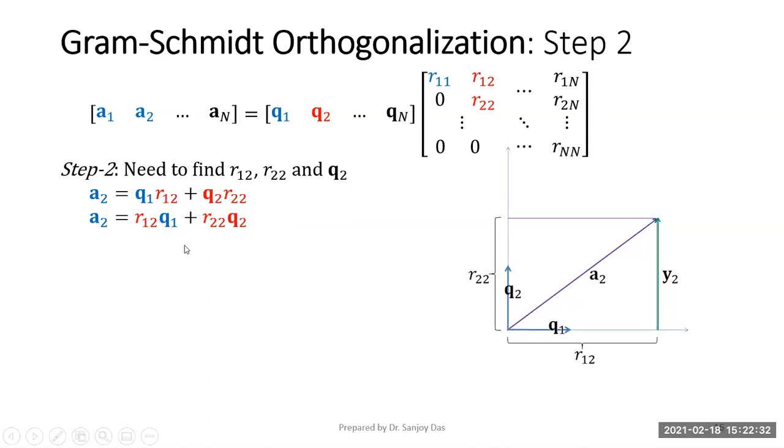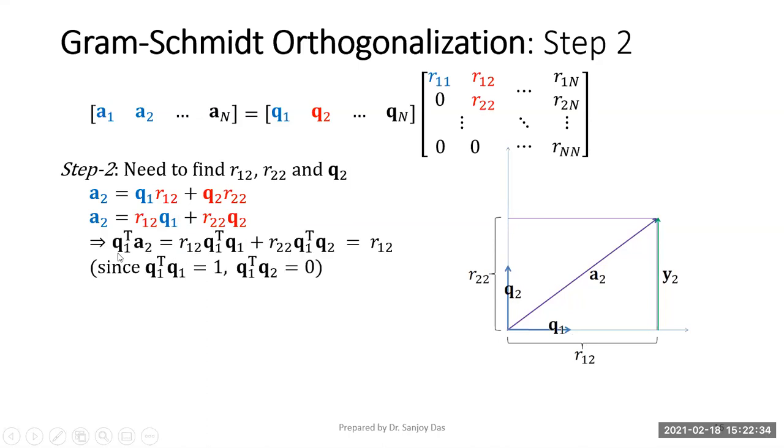So I get Q1 transpose A2 equals R12 Q1 transpose Q1 plus R22 Q1 transpose Q2. Q1 transpose Q1 is 1, and Q1 transpose Q2 is 0. So this term becomes 0, this term becomes R12. So Q1 transpose A2 is